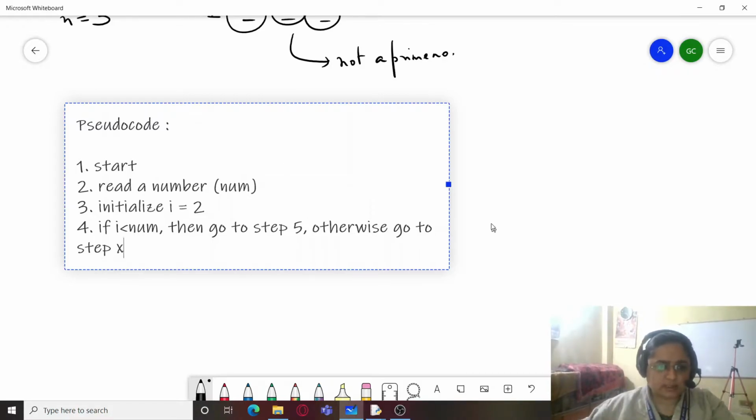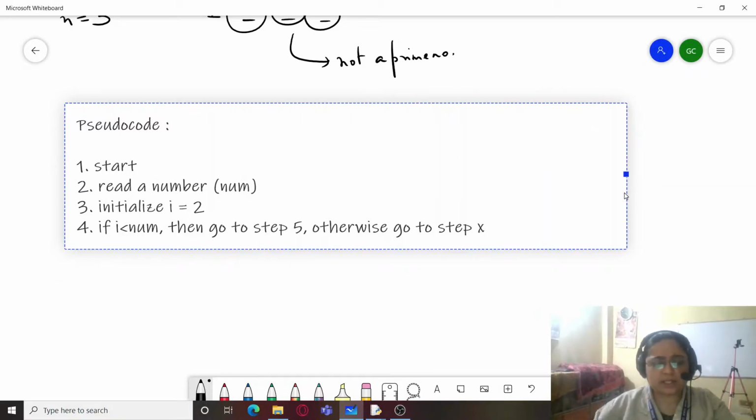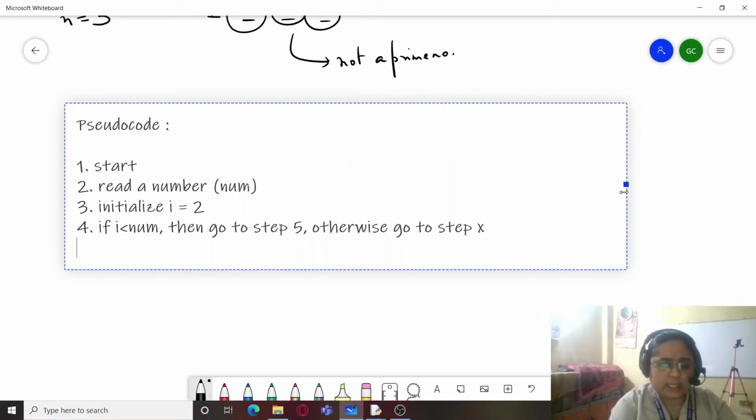So I have just taken x over here because I still don't know what is going to be the next step. So if i is less than num, then go to step 5. Otherwise, over here, what we are going to do is write: if num is divisible by i. So we have already started i from 2.